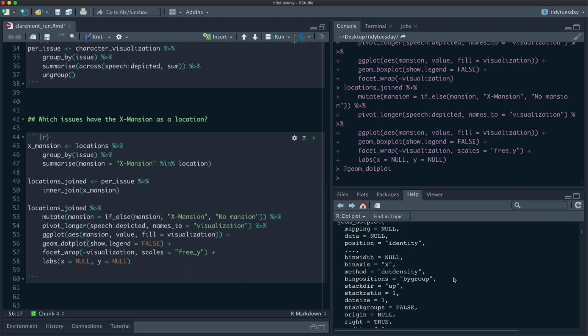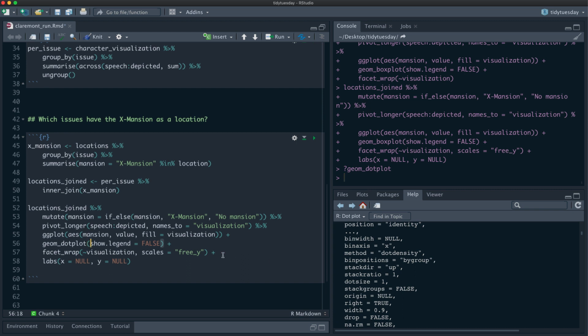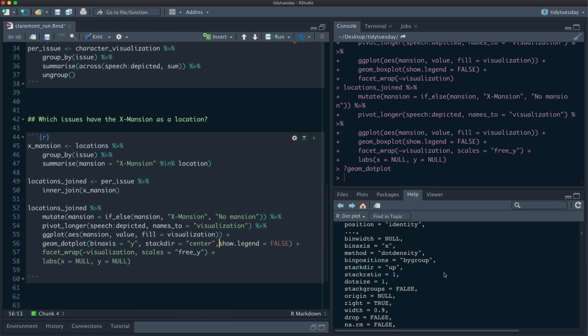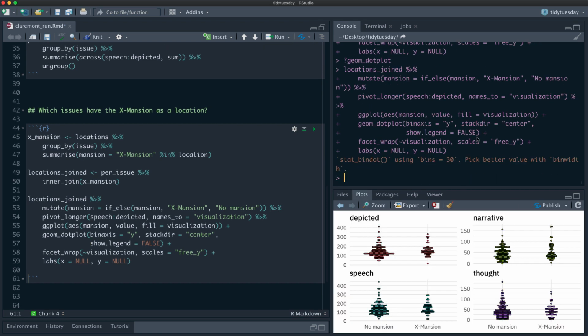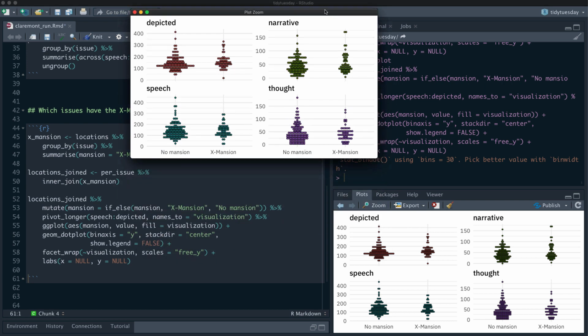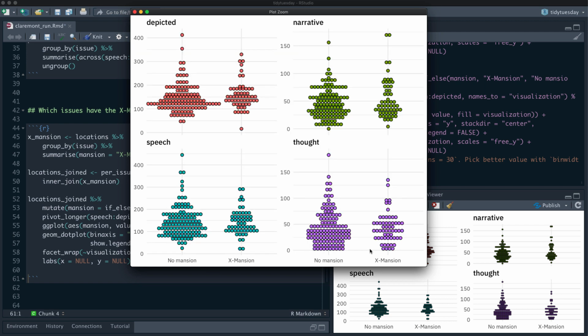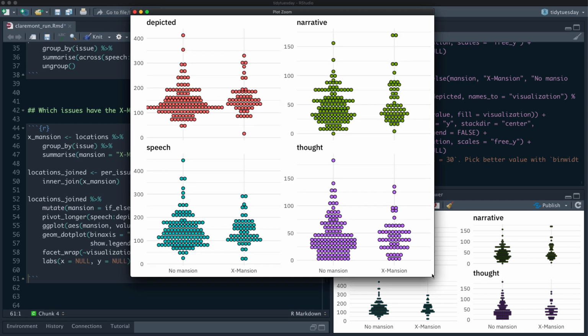So I think what I'm going to have to do is say the bin axis is Y here, and I want to stack it to the center like that. Let's see if that does it. Yes, nice. All right, let's look at this. Okay, so I like a nice dot plot. I like to be able to see it. It's a nice way to be able to see the actual data. It's pretty good. So now we,